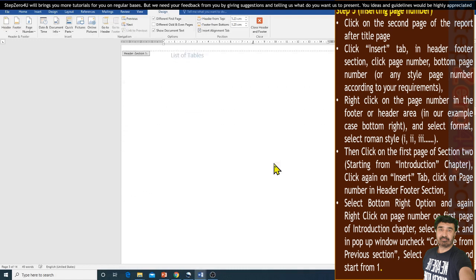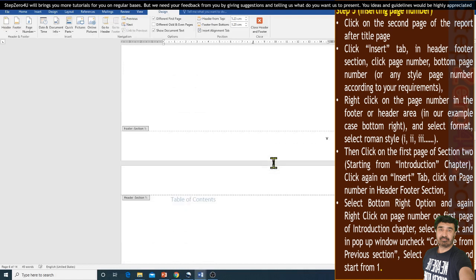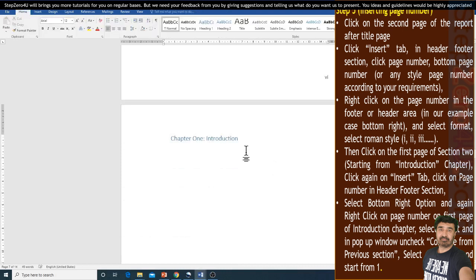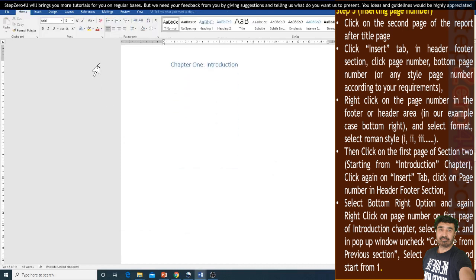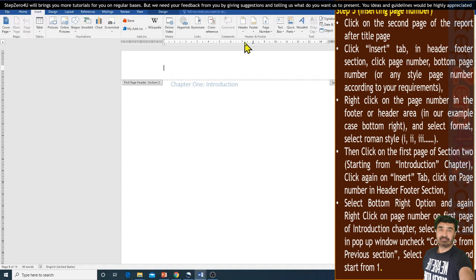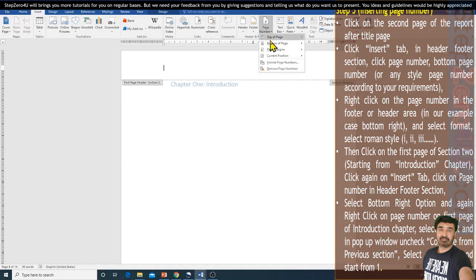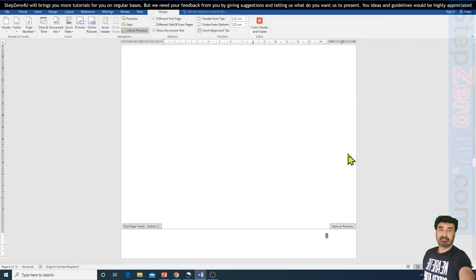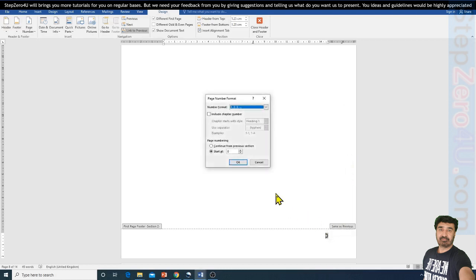Okay, and now we have Roman numbers in our first section: 1, 2, 3, 4, 5 and 6. Here we have a new section. From this page we want new numbers, normal real numbers. So again we will put our cursor here, go to Insert Page Number, bottom right, and now we can see that we have numbers, but it starts from 0 again.